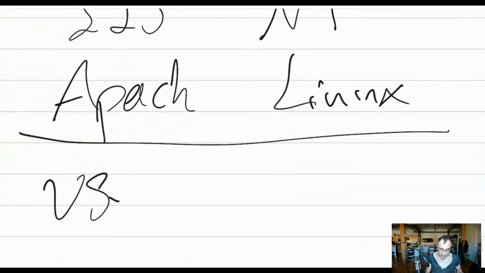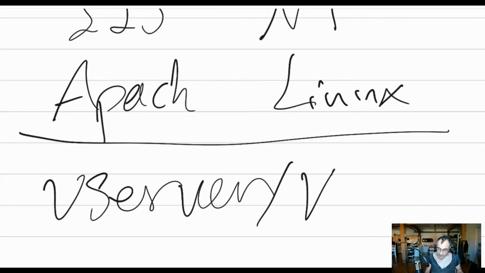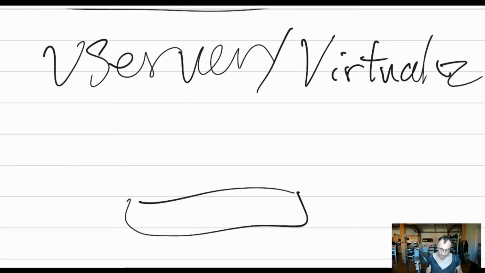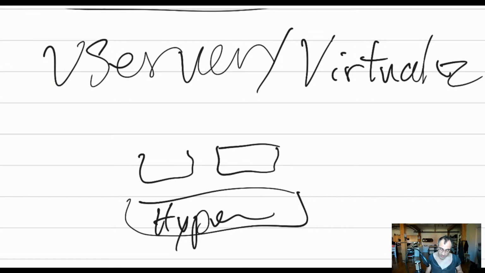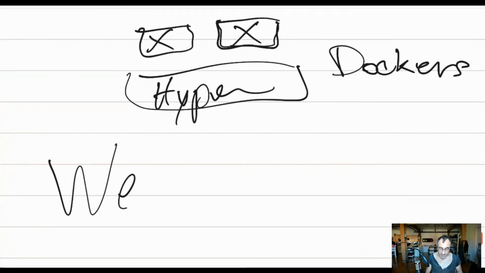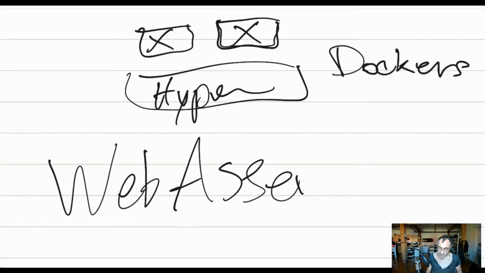Then we get vServers, and virtualization appeared. So everybody gets to install their own desired operating system, and the servers became these hypervisors that just orchestrate things, and you have virtual machines on top, and the client chooses what to run. And Docker appeared as an easier way to ship these contained systems, and well, WebAssembly surprisingly has leaped,